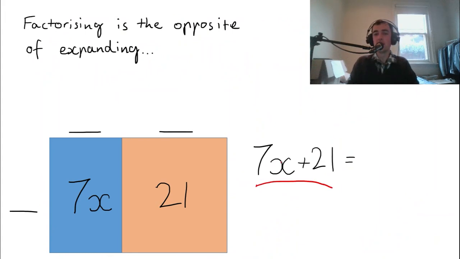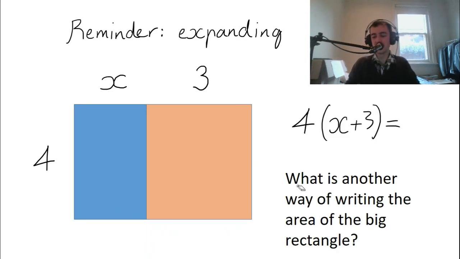For example, this one, and it has two terms, and we're going to take this expression and separate it into two factors. But I do want to revise expanding, because expanding is the opposite of factorizing. And I'm going to revise expanding using this image, which I think will help us understand factorizing eventually. So remember, if I expand this, I need to multiply these two, and I need to multiply these two and add it all together. So 4 times x is 4x, and then I have to do 4 times 3, which